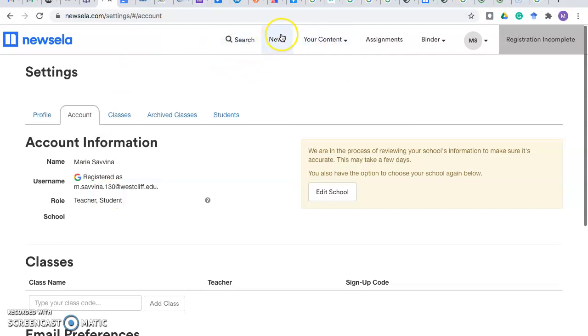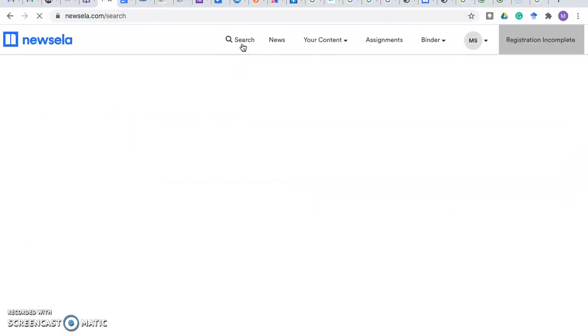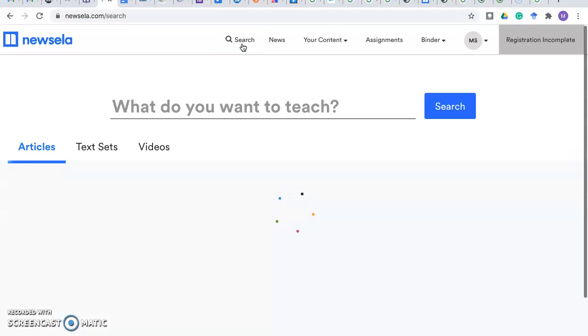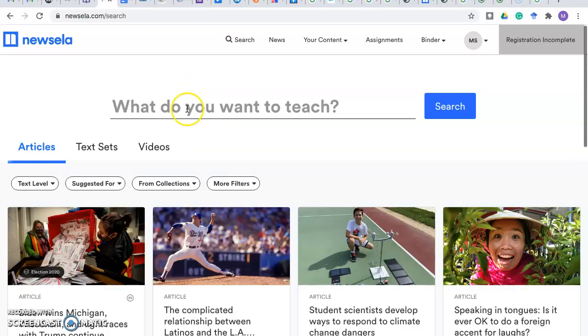On the upper tab, you can see that you can search newspaper articles according to different topics of some interest, depending on what you would like to teach. Then the content can be categorized by the saved articles, content in the school.